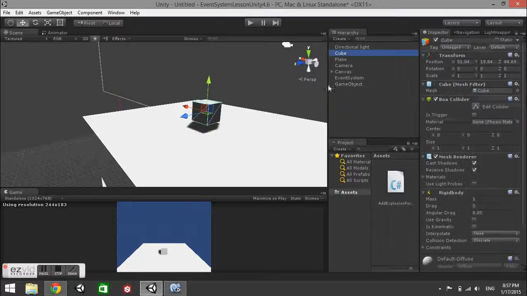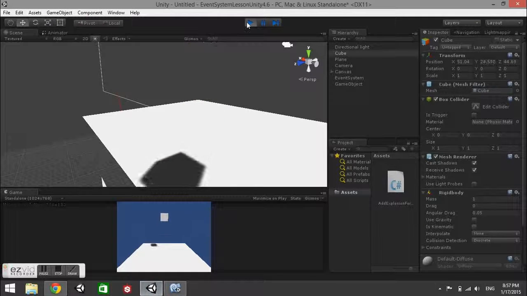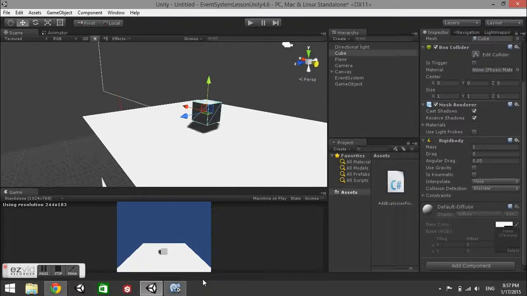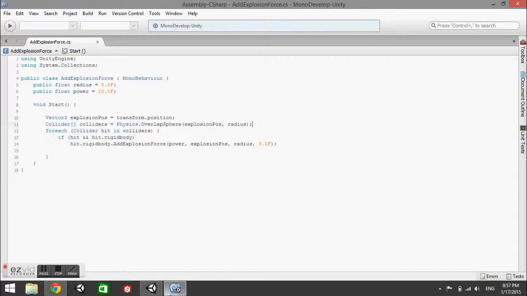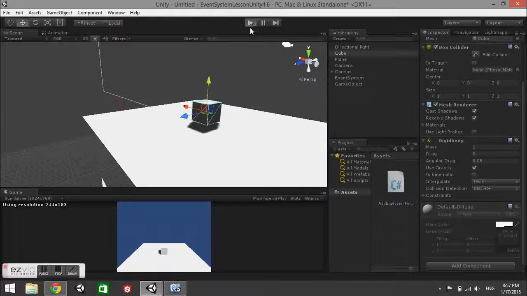The reason I had you turn the gravity off is just so I could demonstrate something. If you hit play now, you see it starts raising up. The reason is the upward force on this AddExplosionForce. The problem is, because this is happening during the start function, if we add gravity to give it a more realistic look, you'll see it kind of just stops. So we need something to have it happen